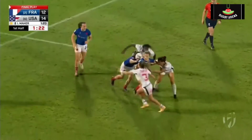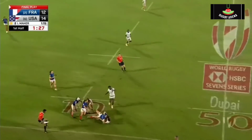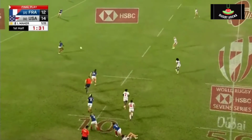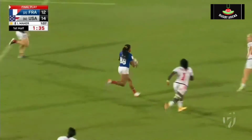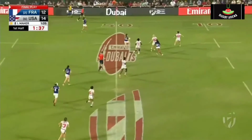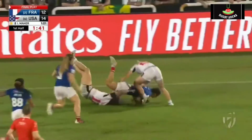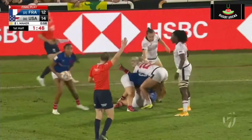Looking to take advantage of the extra player. Ilona Meyer's in the bin. There's the offload. Good patience there shown by the French. Now they're going to come back, really try and stretch the Eagles' defense. Off and running is Young Jason. Out wide is Lopez. She's already got one here. Does she release? No. First